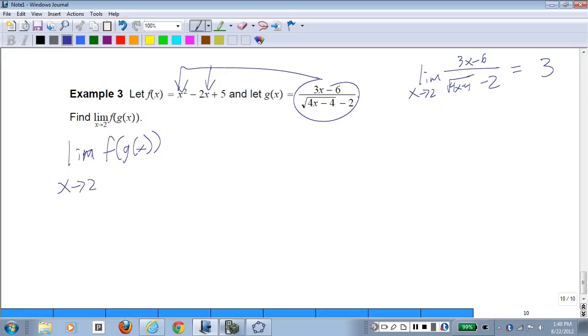But if we know that the limit of g of x as x approaches 2 actually exists and equals 3, we can apply this theorem. Because f is a continuous function, it's a polynomial, so it's a really well-behaved continuous function, we can pass that function f through the limit and say this is f of the limit of g of x as x approaches 2. And so it's f of 3